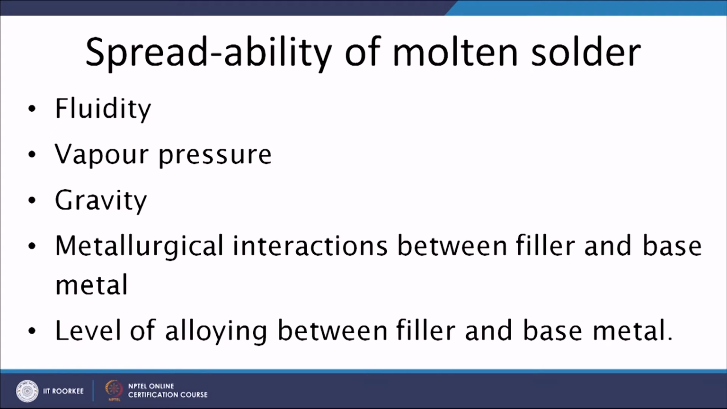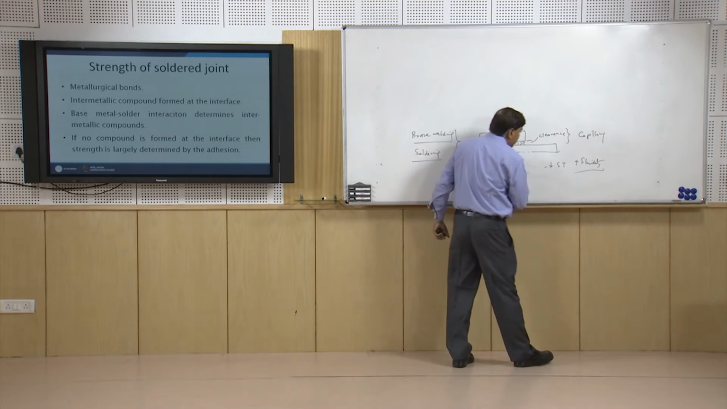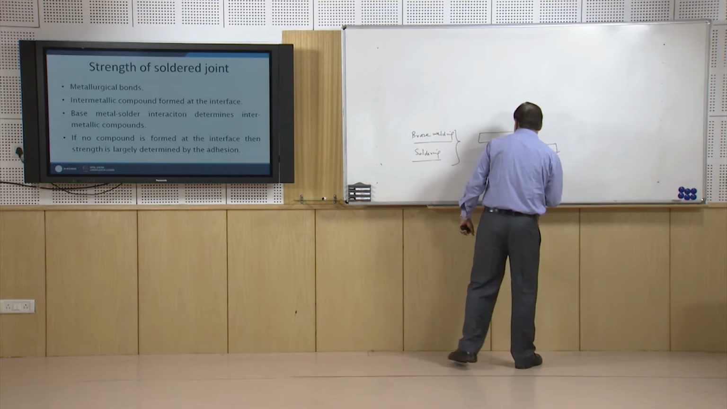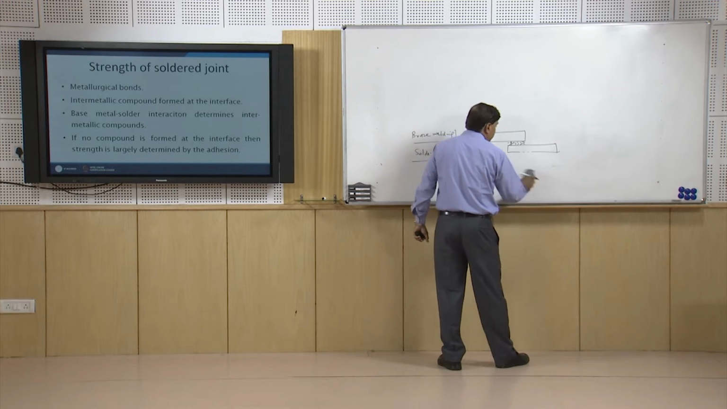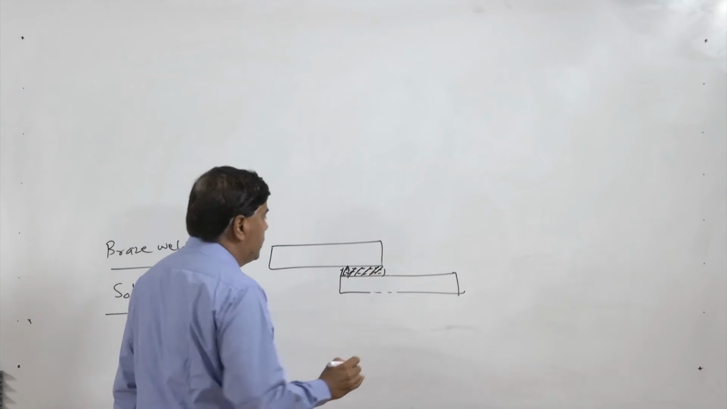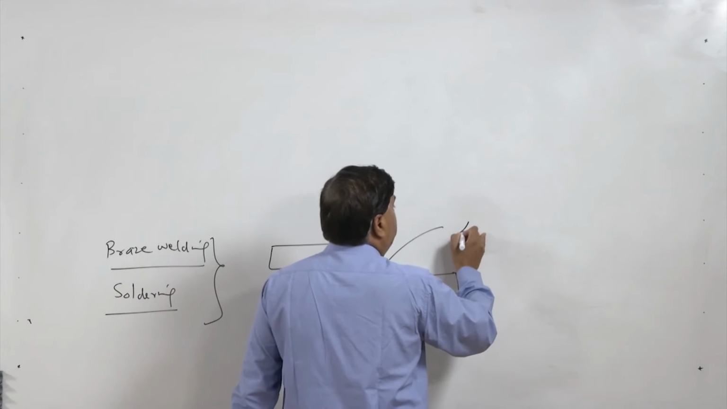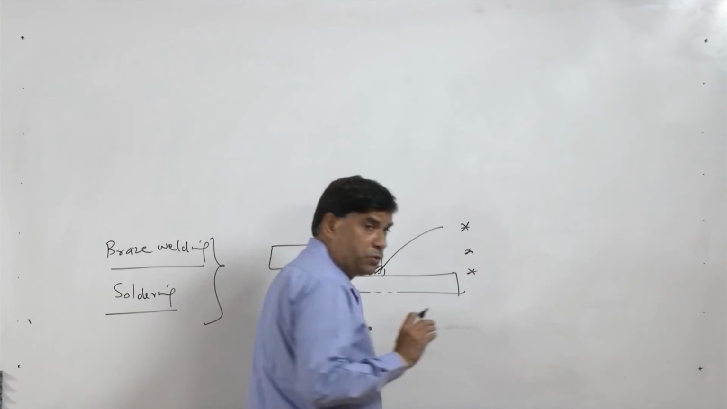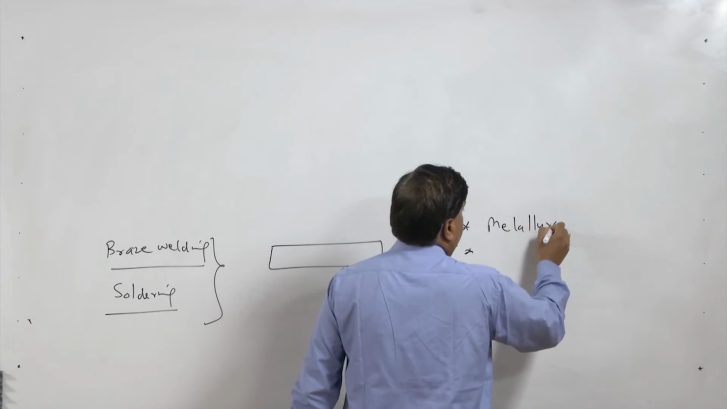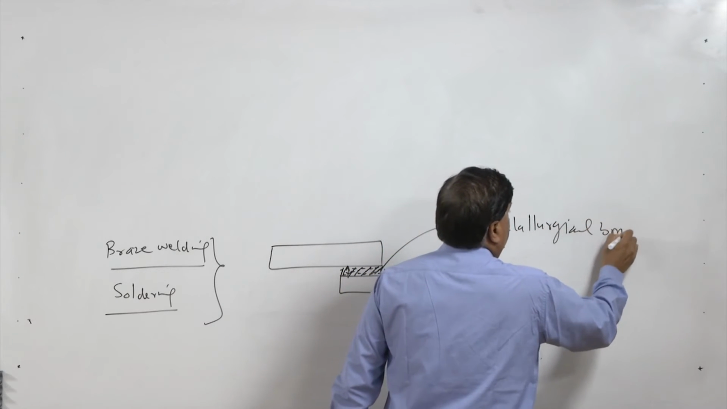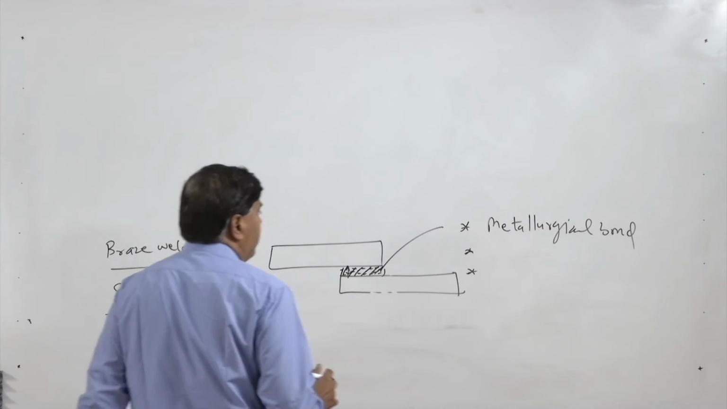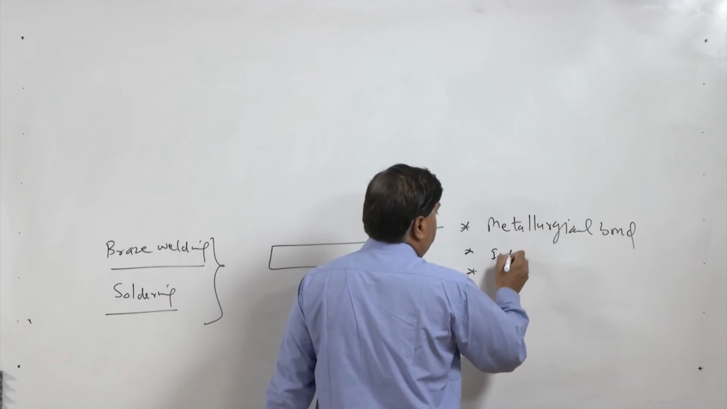So, here we will see what the factors are that govern the strength of the solder joint. Once the solder is spread uniformly between the sheets, after solidification it will produce the joint, but the strength of the joint depends upon two or three factors. The first is if a metallurgical bond is developed, then it offers very good strength, and the metallurgical bond may be in the form of formation of intermetallic compounds